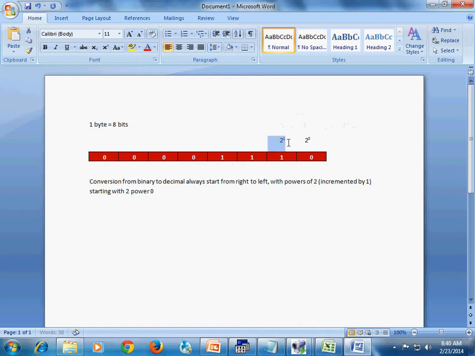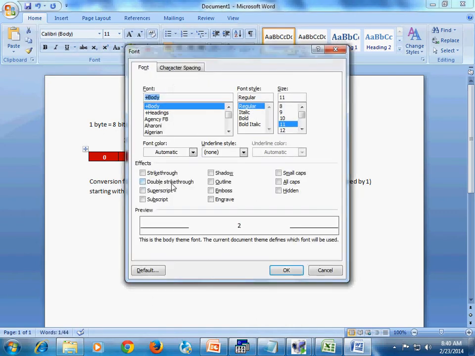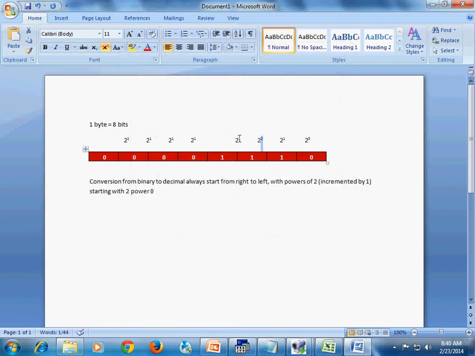Similarly we have the remaining ones. This is 2 power 2, and next we have 2 power 3, 2 power 4, 2 power 5, 2 power 6, and 2 power 7.